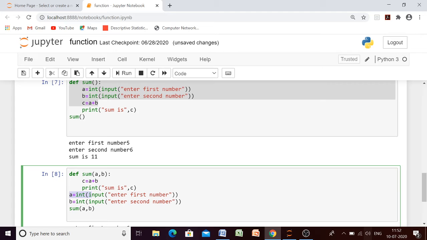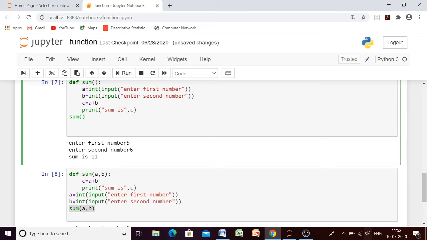Okay, as soon as we are having the function calling statement, only then will this statement be executed. Let me explain the sequence of execution of these statements. I told you that the first statement which will be executed here is this one. So here what we are doing, we are calling our function. As soon as we call our function, our control will move to search where this function has been defined.